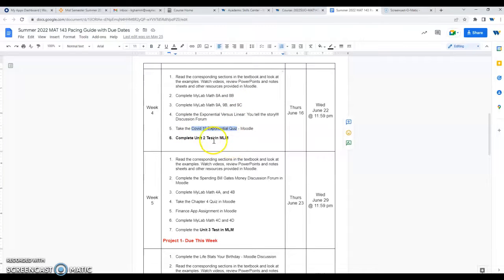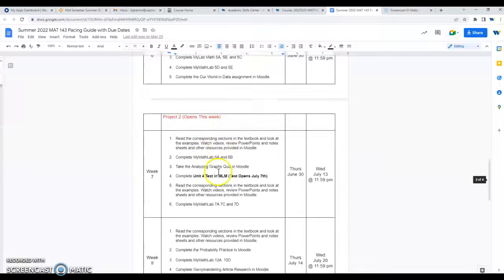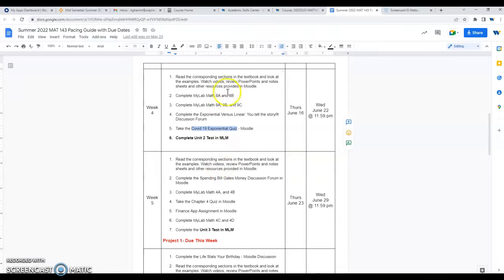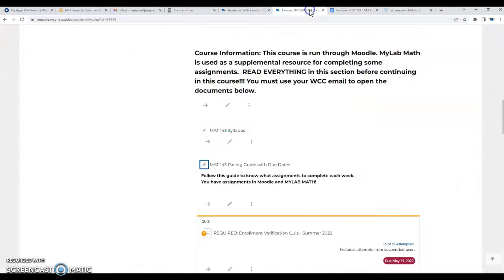And this week you also have your Unit 2 test. I know that seems like a lot, but we're trucking along to finish the semester strong. This sheet tells you when things open and when they are due. If you have any questions about assignments, you can email me.